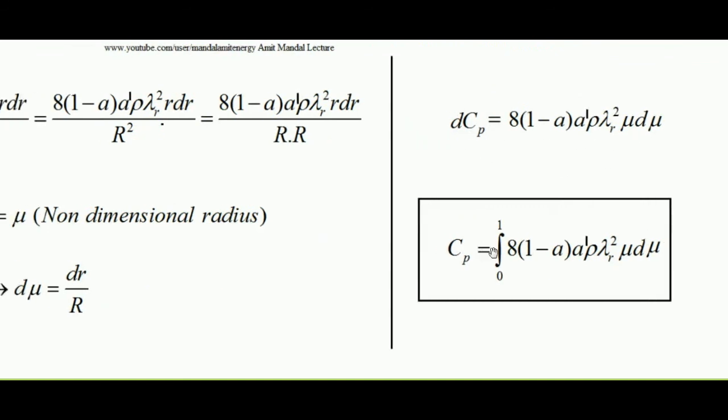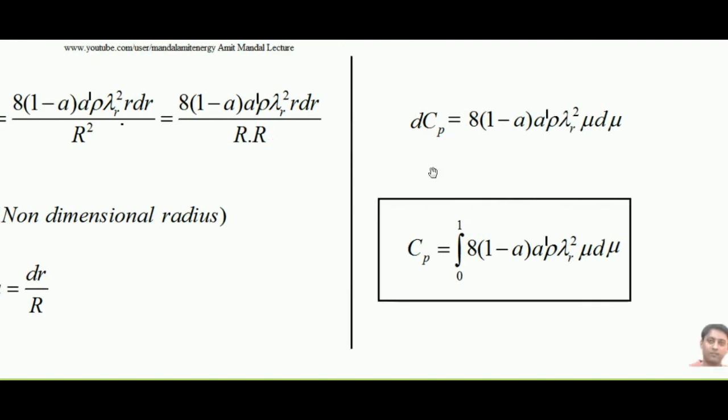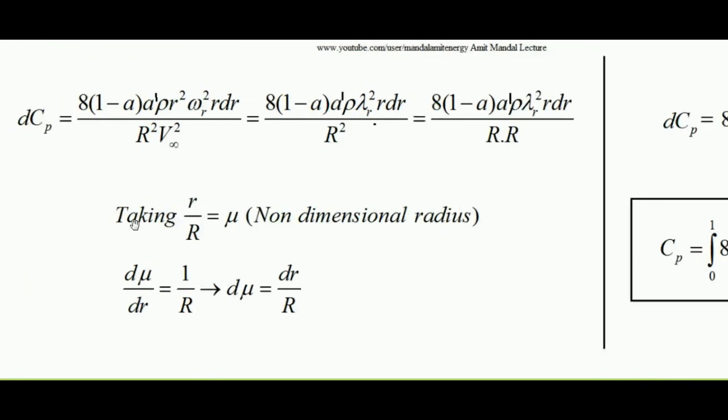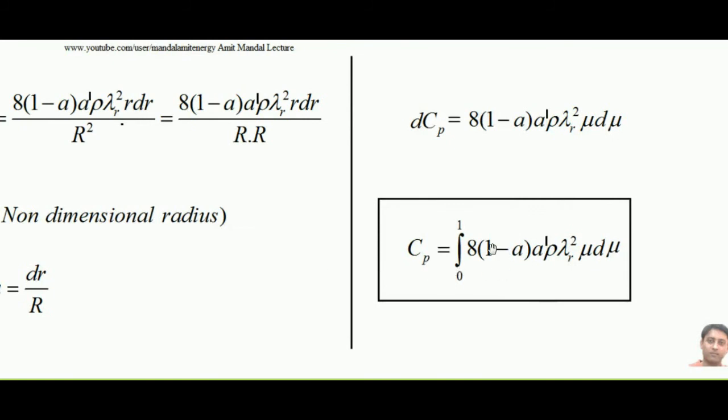So what is the total Cp in case I am integrating both the sides with limits? Okay, so what will be the limits? 1 and 0, because here the variable is mu, d mu. So what will be the final magnitude of mu? Since it is r by R, the final r will be capital R, so it will be 1, and at the hub it will be 0. So between 1 and 0, in case I am integrating, I will get the total coefficient of power obtained by that rotor. So I hope by this small lecture you have learnt what the momentum theory is when we are considering the wake formation. In the next lecture we will learn the blade element method of wind turbine. Thank you.